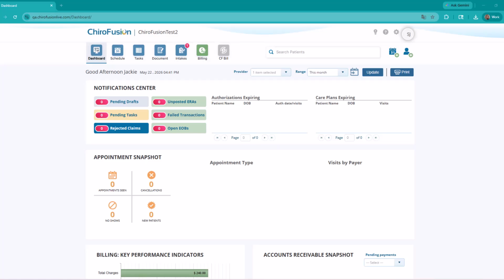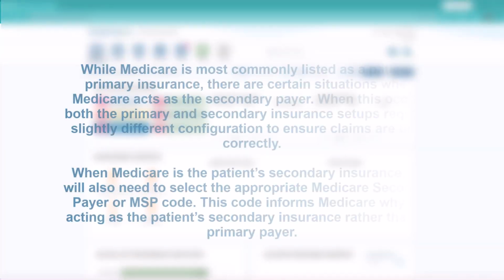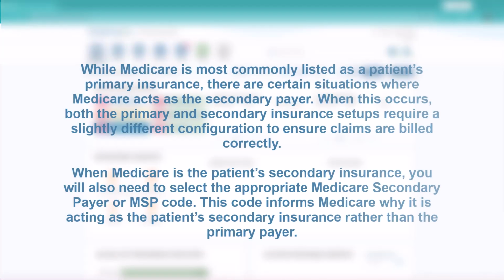In this video, we'll walk through how to correctly set up Medicare as a secondary insurance for a patient. While Medicare is most commonly listed as a patient's primary insurance, there are certain situations where Medicare acts as the secondary payer. When this occurs, both the primary and secondary insurance setups require a slightly different configuration to ensure claims